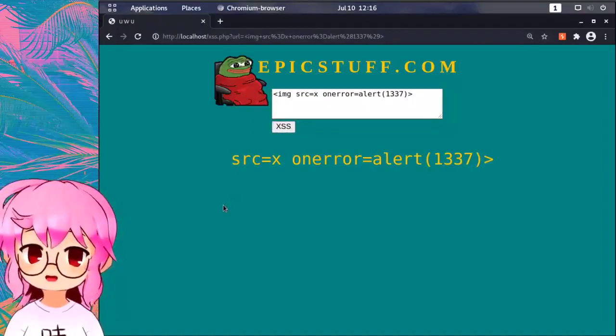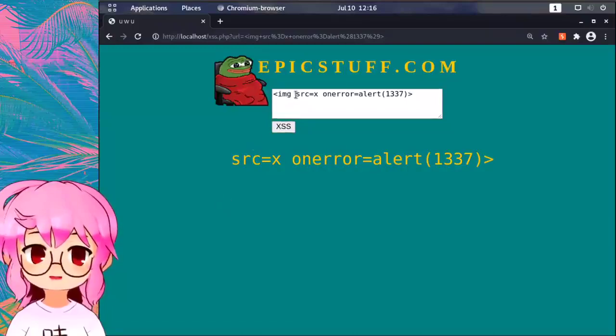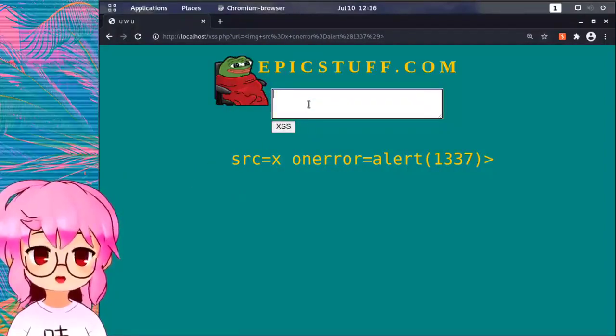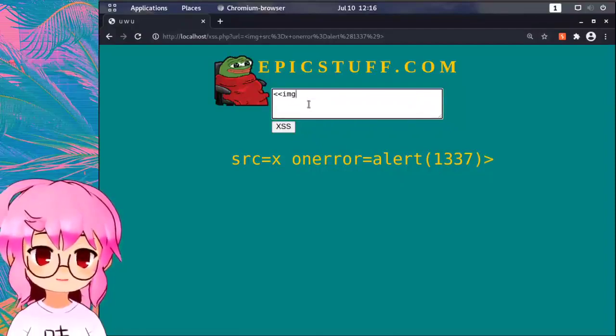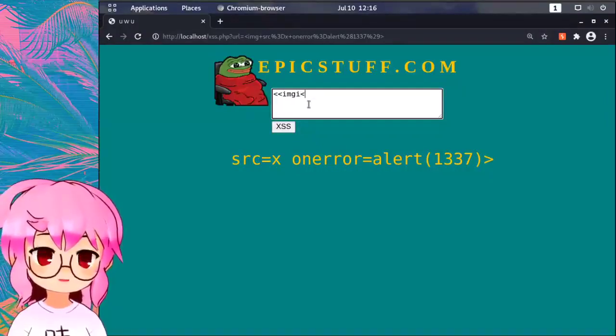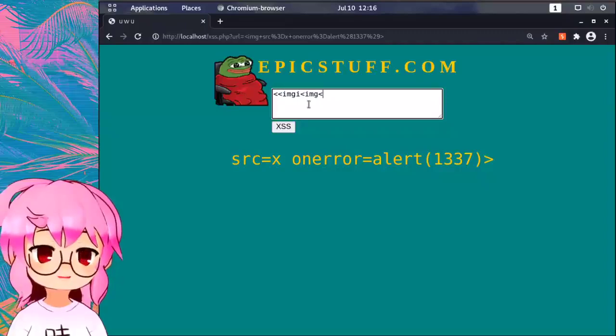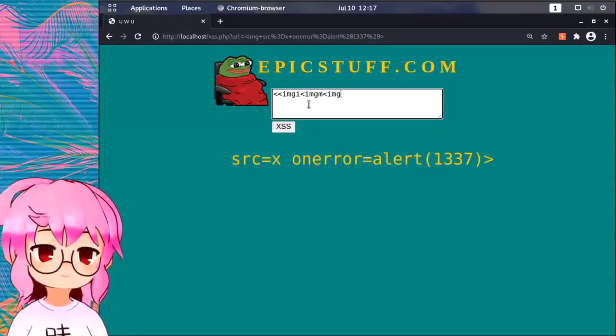And here it looks like the beginning, the HTML image tag, is just getting wiped away. It's not getting rendered at all. So what's likely happening here is we have a blacklist that is looking for all instances of the combination of characters open angle bracket img. So what if we just